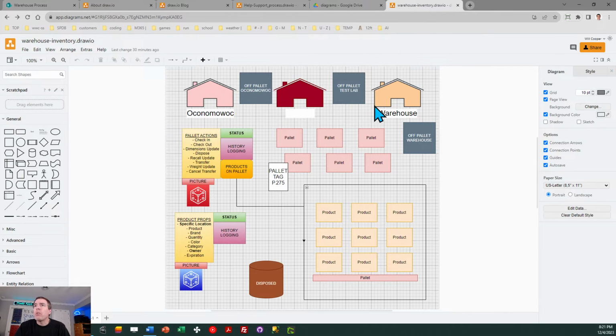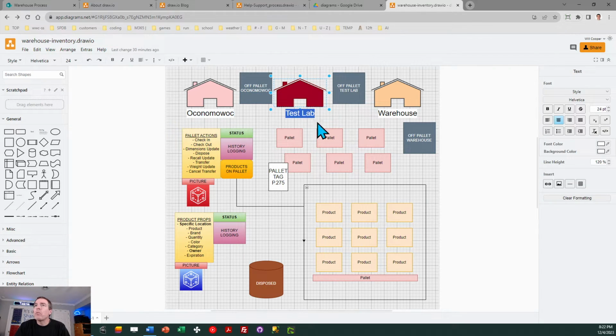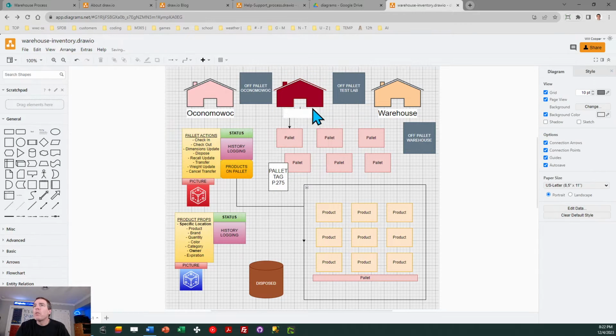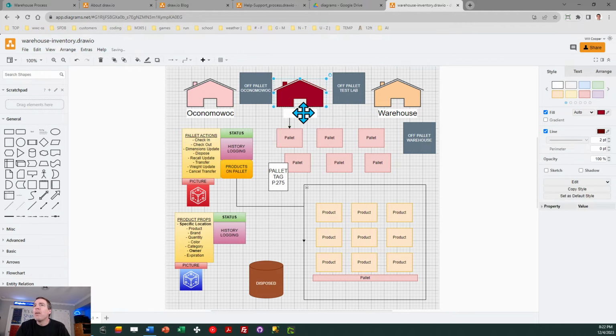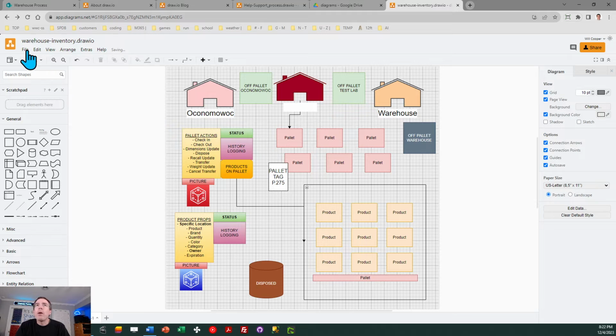So over in Draw.io, I can see I've got this box here that I don't care about. And I'm going to just try and get rid of that. Oh, it's connected to this. All right, well, let's just relabel it. Okay, that's what it used to say. So I'll say test lab, change the font color to blue. It's not cooperating with me. Hold on. Let's do something different. I'll change the colors of these to something different just to illustrate that the changes are reflected. So I can just save